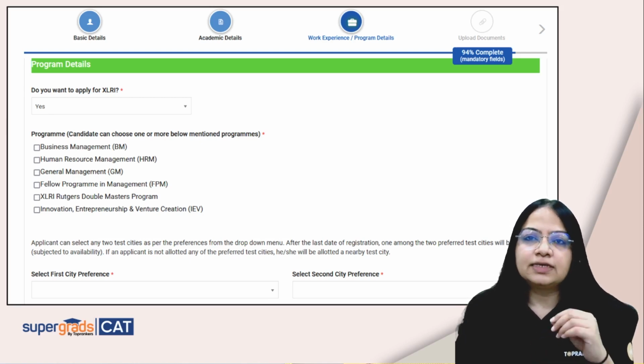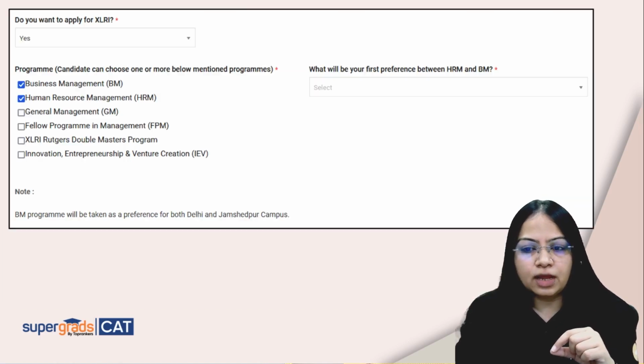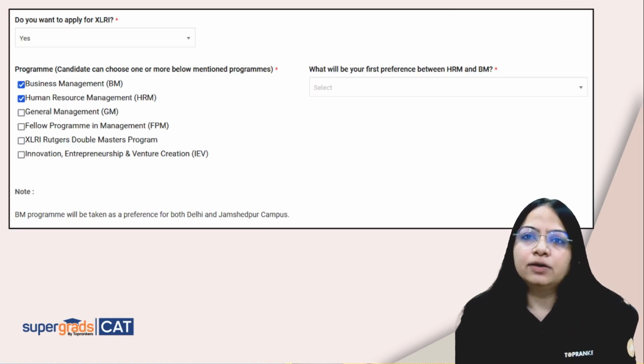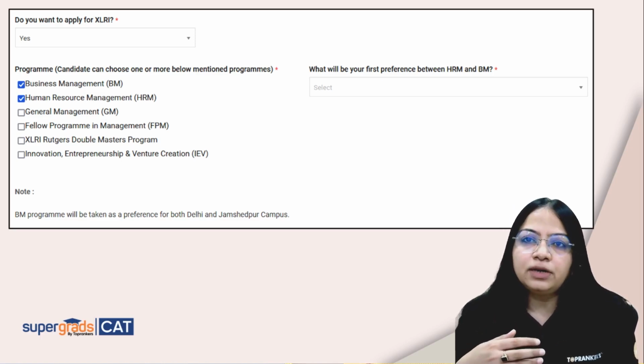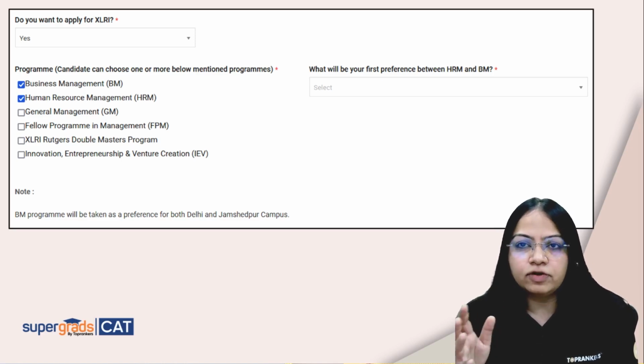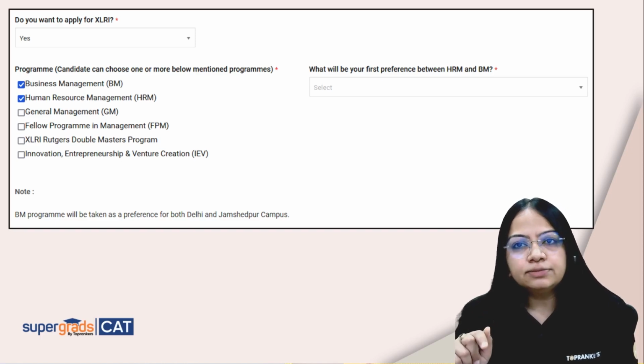तो अगर आपको सिर्फ XLRI का BM और HRM प्रोग्राम ही टारगेट करना है तो आप क्लिक करोगे BM एंड HRM. अच्छा, दोनों के लिए एलिजिबिलिटी क्राइटेरिया क्या है? दैट यू नीड टू हैव अ बैचलर्स डिग्री. इवन इफ यू आर इन द फाइनल ईयर यू कैन अप्लाई फॉर इट. फाइन. सो बीएम और एचआरएम जब आप क्लिक करोगे तो देयर विल बी अनदर ड्रॉप डाउन दैट इज गोइंग टू अपीयर